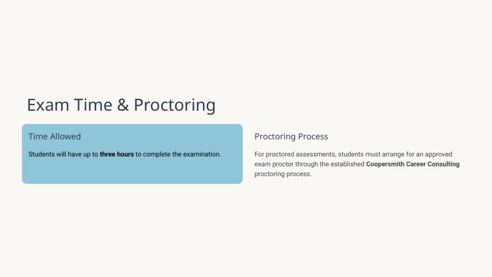When it comes to proctored assessments, it's important to remember that students need to arrange for an approved exam proctor. This is done through the established Coopersmith Career Consulting proctoring process, which ensures everything is handled smoothly and securely. Now, regarding the exam itself, students will have up to 3 hours to complete their examination. This time frame helps us maintain consistency and fairness for all test takers. So, in summary, make sure to select an approved proctor ahead of time and keep in mind the 3-hour limit for finishing your exam. These steps are key to ensuring your assessment experience goes without a hitch and aligns with our overall